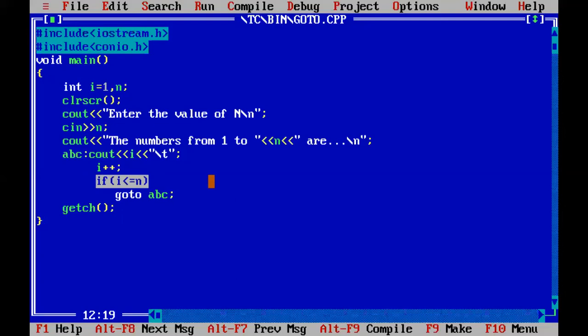Okay, now we will move to the exit function. So first I will write the program on the board. I will explain it. Then we will see the program execution.